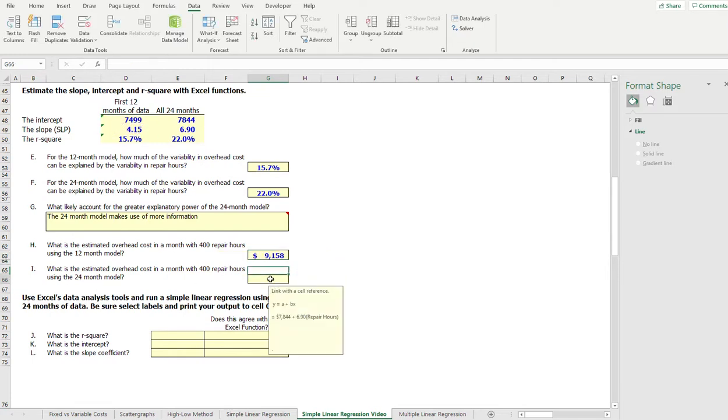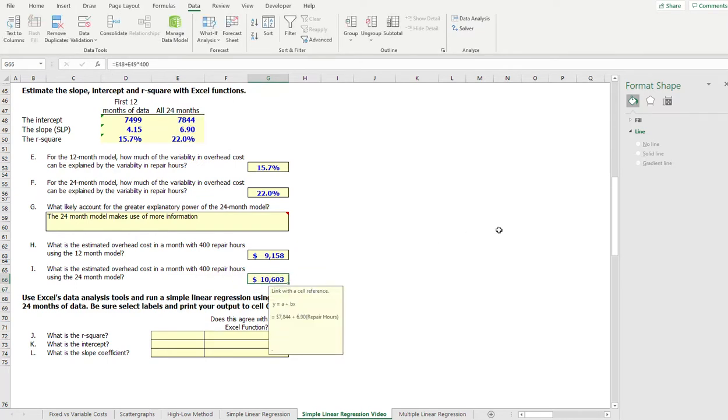We would estimate costs of $9,158. If we had used our 24-month model, we would estimate the $7,844 plus $6.90 per repair hour. We would estimate a total cost of